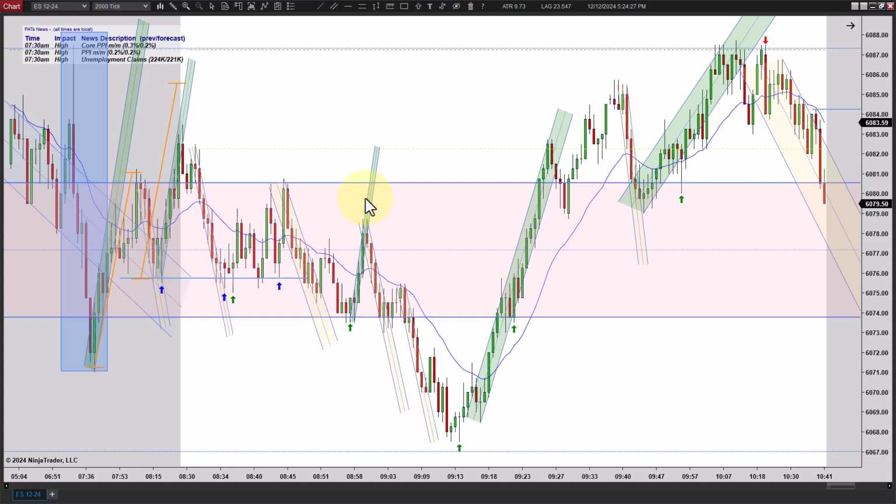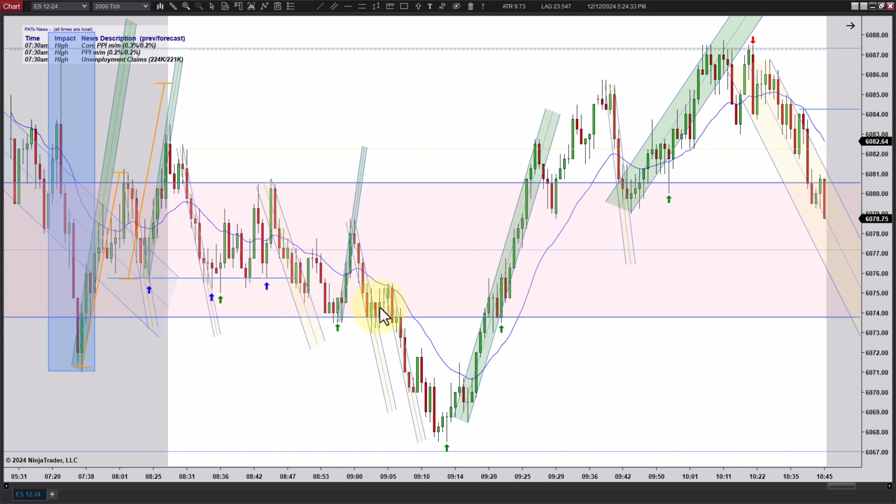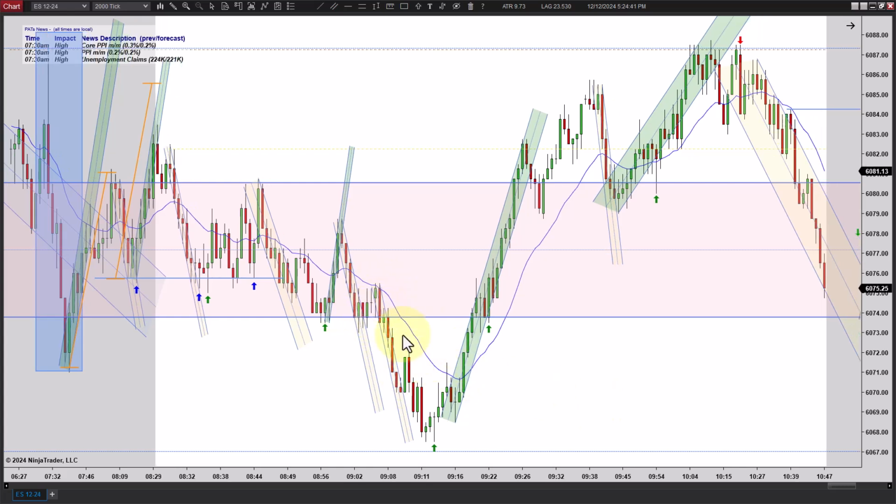The market is losing momentum to the upside and gaining momentum to the downside. There's a lot of selling coming in here instead of buying now, and it ends up breaking on through. You don't get a chance to really go short there. I wouldn't go short out of that either, much less long.